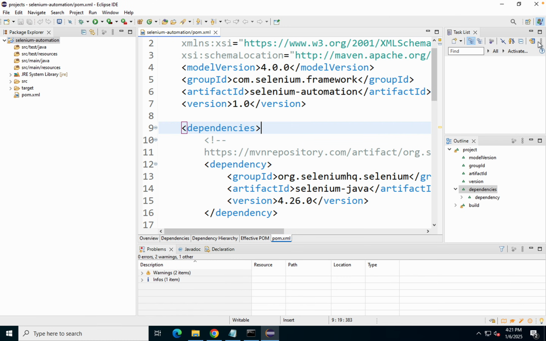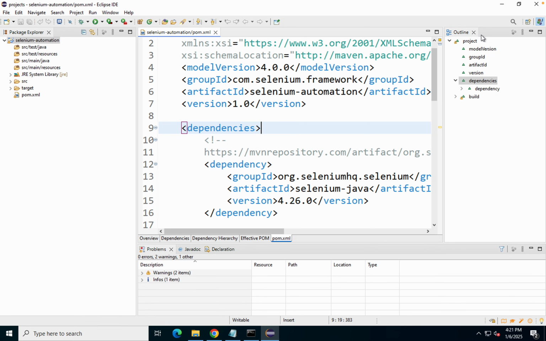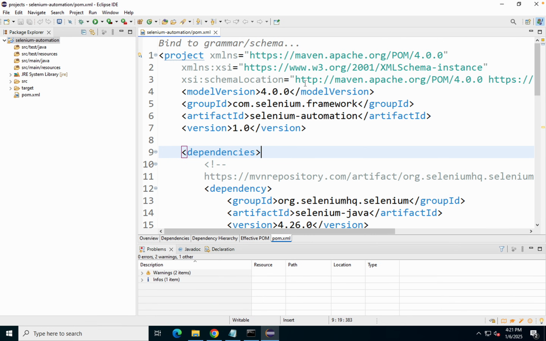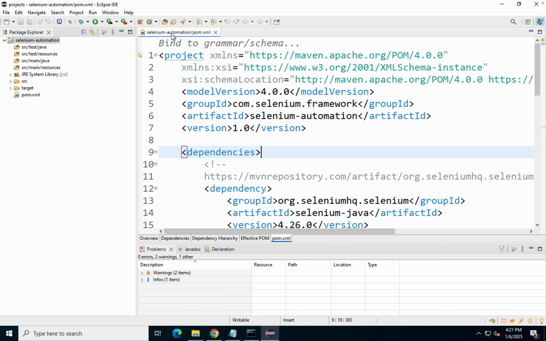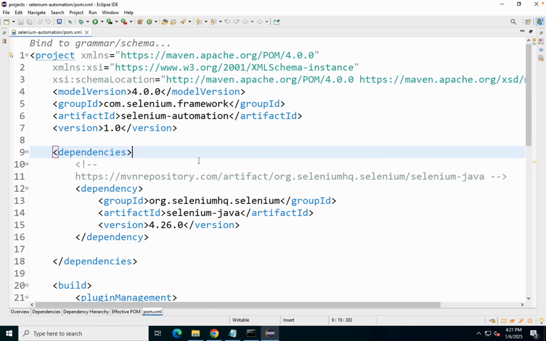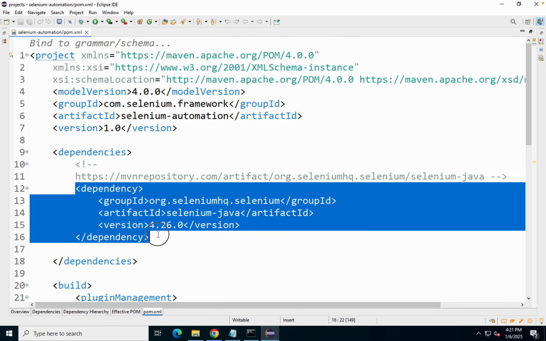Okay, so now I think it should be clear. Okay, so this is our Maven. Okay, and here I will double click here to show in a full window. Okay, so now you can see whenever we have to add any library to our project, we just